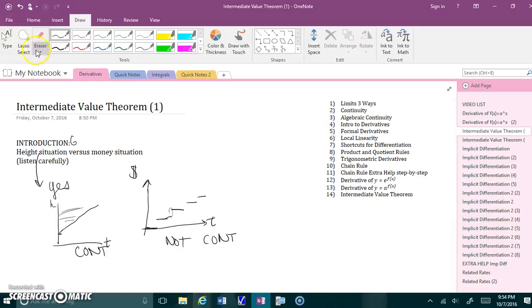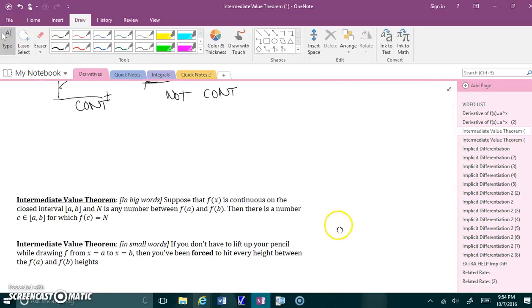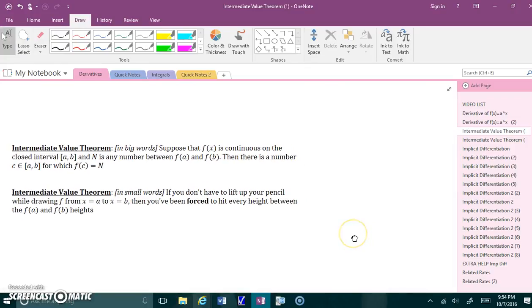Now these two questions are related to the intermediate value theorem. Before I state it, let me just emphasize that you should have already watched the previous video. Okay, and now we're moving on to this one. So here is the intermediate value theorem. I am going to say it in textbook big words first, so when you read this, you're probably going to wonder what the heck just happened. I have no idea what that means. So I'm also going to say it in small words, more easy to understand.